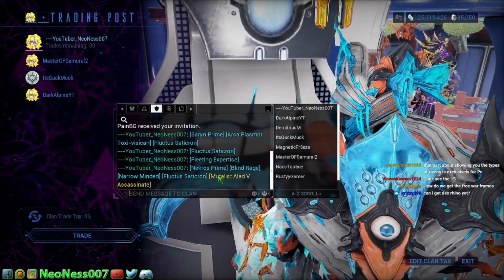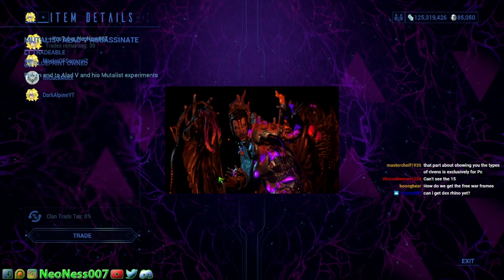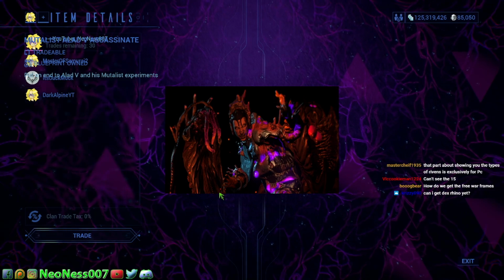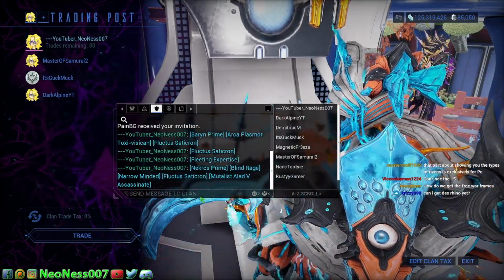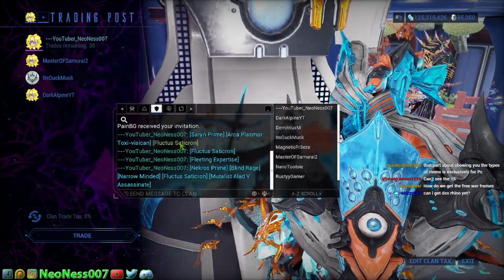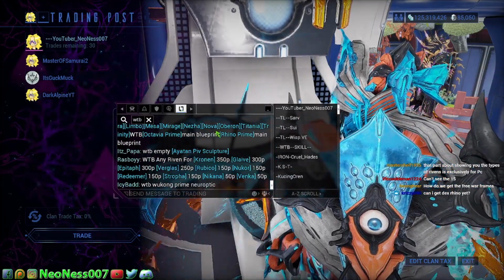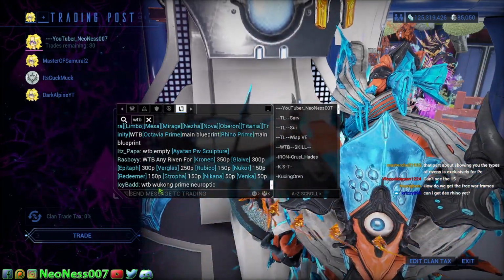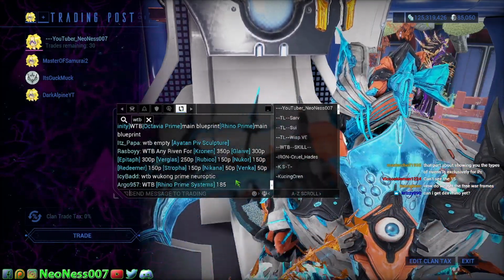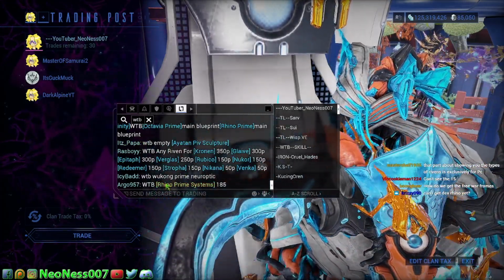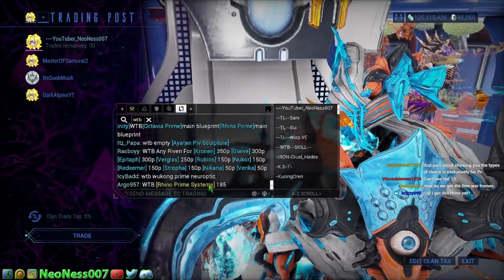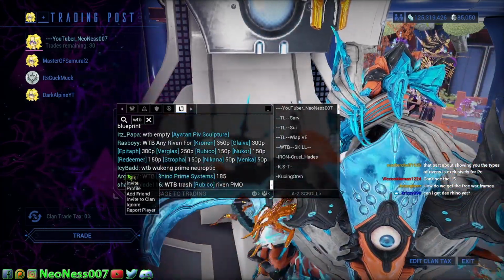And again, a lot of you don't realize almost everything or a lot of things in this game are tradable. So if you can link it in trade chat, it's probably tradable and you could make platinum off of it. The next thing I want to go over is ghosting trade chat. So what does that mean? Ghosting trade chat means you're not posting messages in trade chat, you're just watching it. And you're keeping a very close eye on trade chat. And the moment you see somebody come up with something that you're looking for, you immediately go and talk to